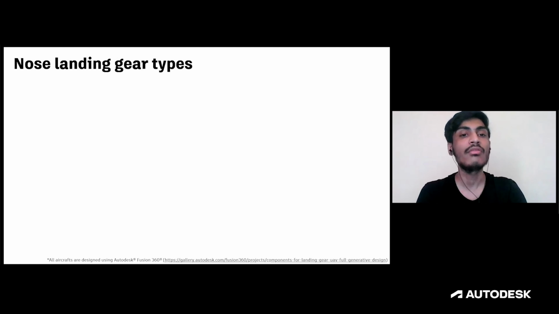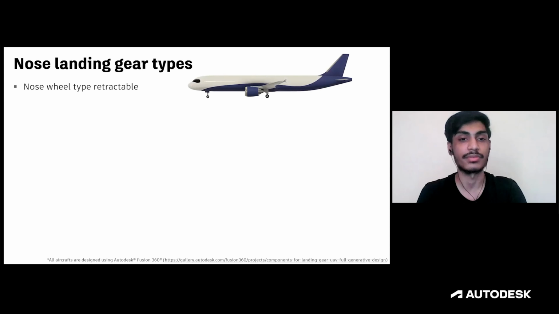Now, let us look at how we are trying to apply this new technology by selecting a case study for our team. Here's the first one. Many of us already know about retractable landing gears, but for those who don't, these are landing gears which retract back inside the aircraft to their resting position, and they can be found in various large commercial aircraft and private jets. This type of landing gear has mechanisms and connections which help it retract, and it is used in many aircraft, including the Airbus A321, depicted here in the picture, and also the Airbus A320 and more.